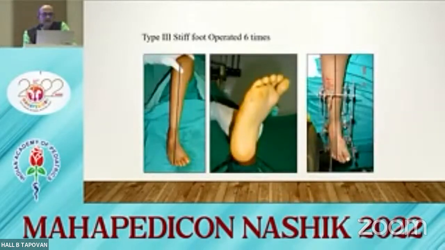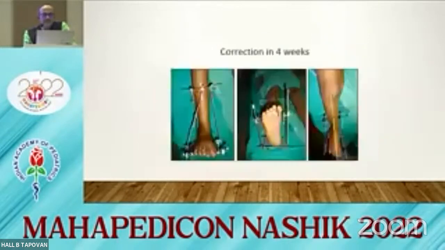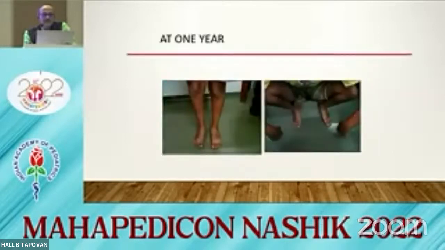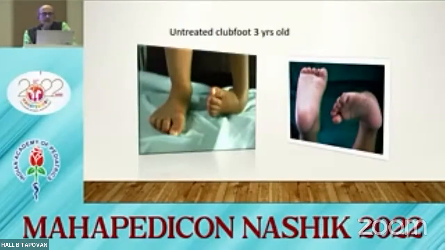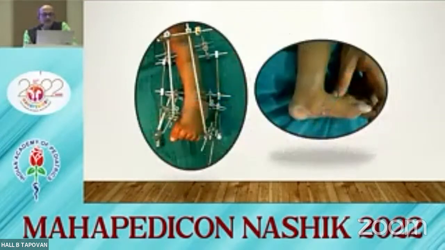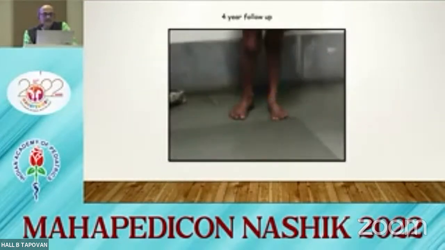This is an example of a stiff foot which was operated multiple times, and just a fixator without any open surgery and soft tissue distraction. That is his correction at 4 weeks, and that's the function at 1 year. A 3-year-old untreated clubfoot, again, instead of doing open surgery, a fixator assisted surgery, and that's the child at 4 years